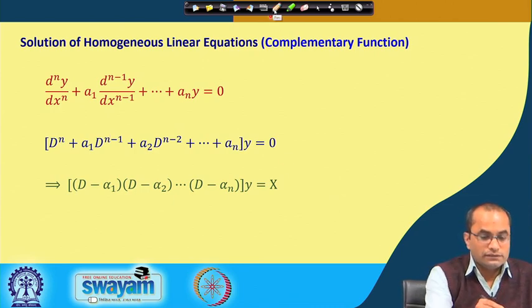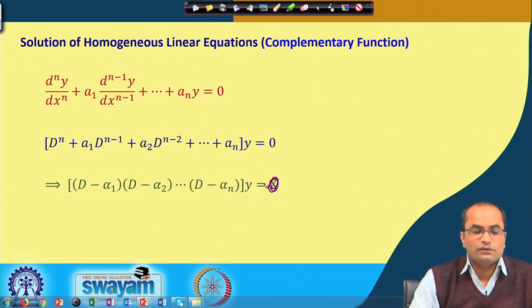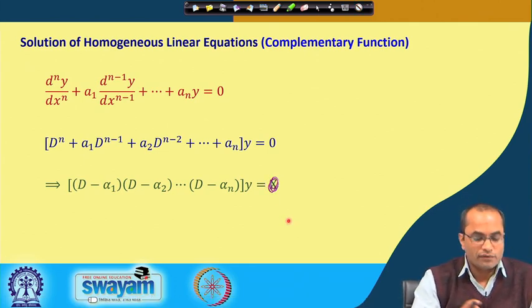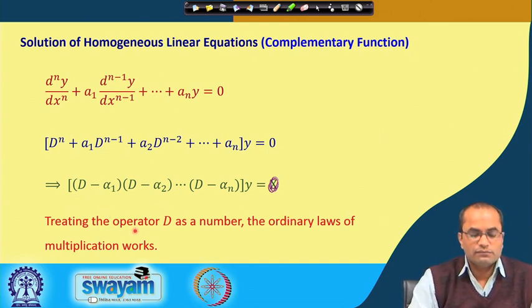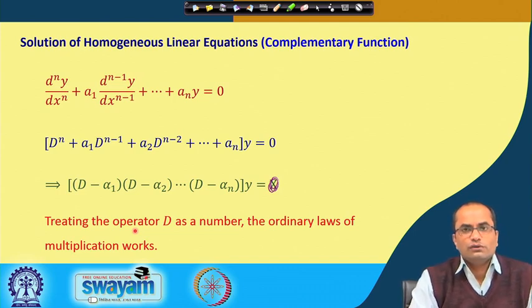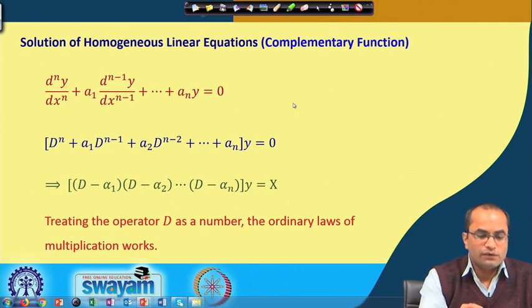So, indeed the right hand side is 0, as we are talking about the homogeneous equation. So, treating the operator D as a number, the ordinary laws of multiplication work, and this was the observation from the last lecture. So, today we will now